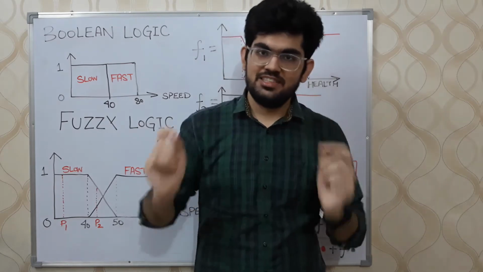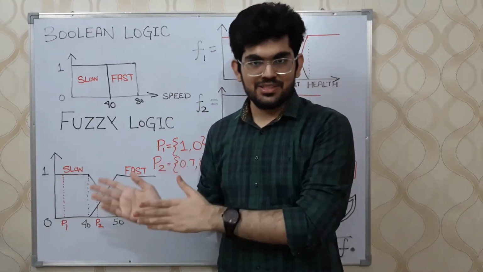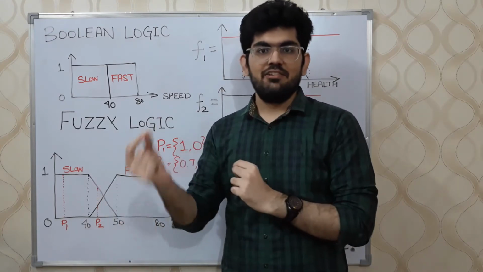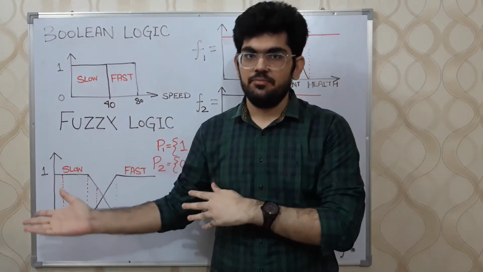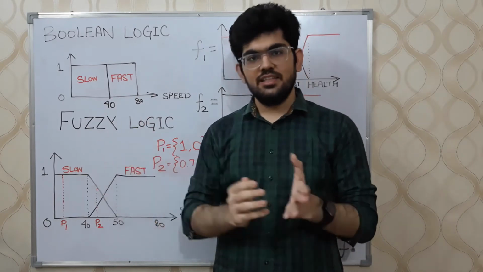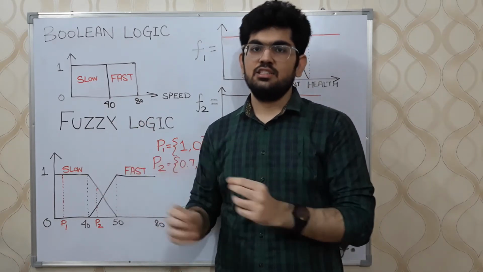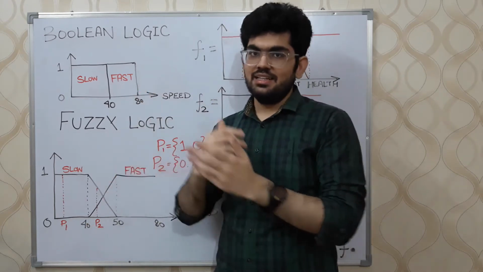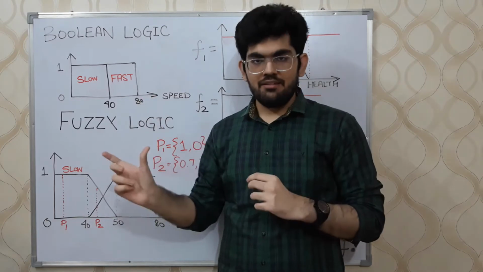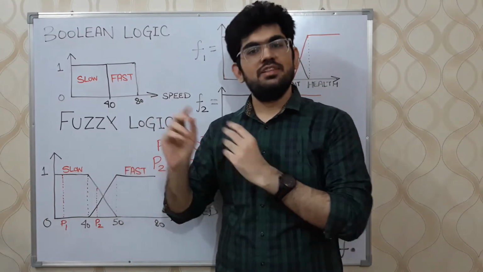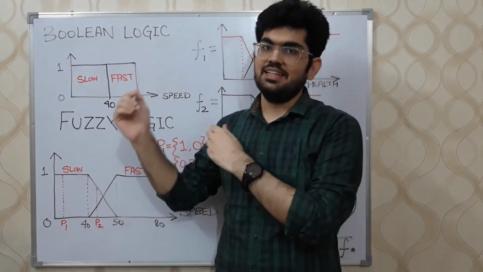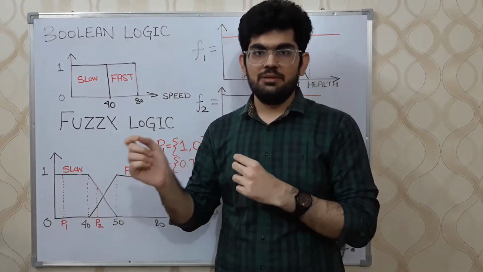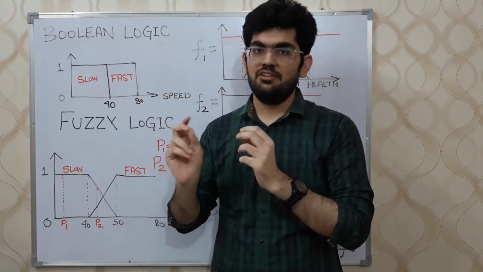So what is fuzzy logic? Now, in computer sciencey terms, the question that we ask in fuzzy logic is how much does a given element belong to a certain set? Considering a range of 0 and 1, 0 means that the element does not belong to the set at all, and 1 means that the element belongs to the set completely. The middle values describe how much percentage of that element is contained inside that set. Using this logic, an element at any particular point of time can belong to two sets at once.